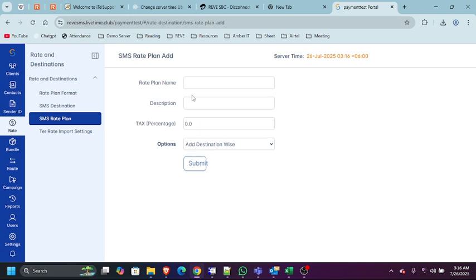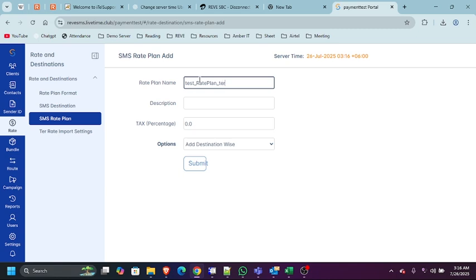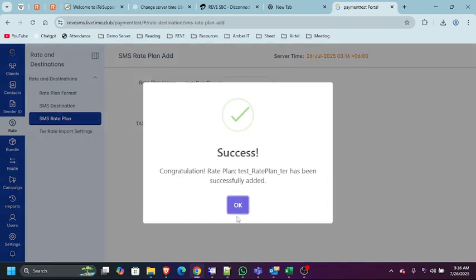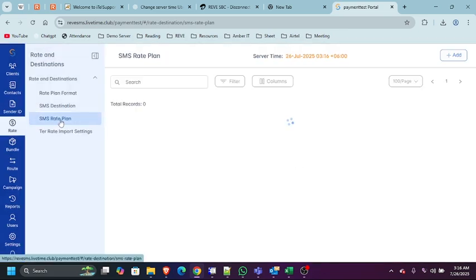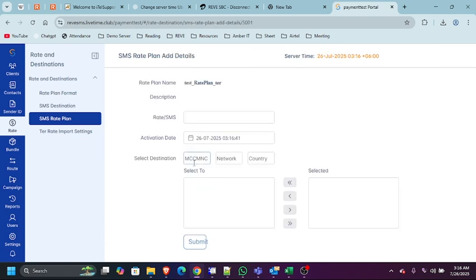Click on add, give a name to the terminating rate plan. Click on add destination wise and submit. Now we will add destination and add rate in the rate plan. Click on add. Again similar, 47002